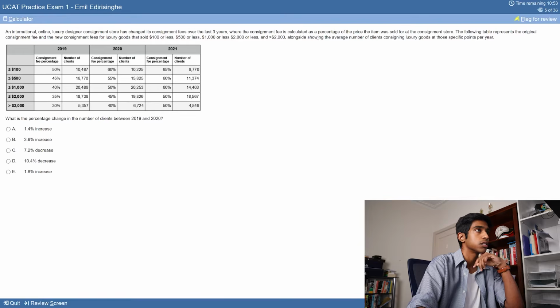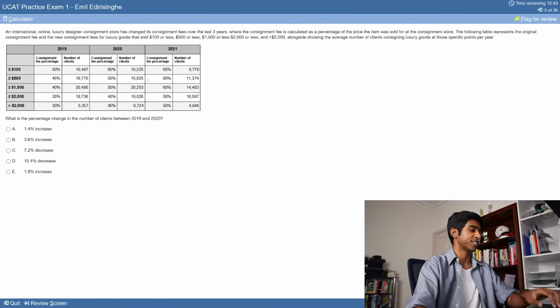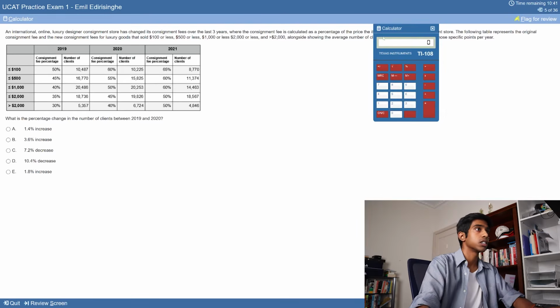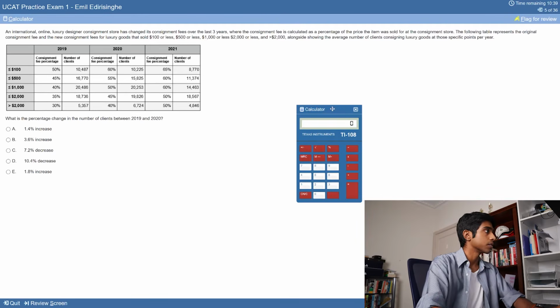Okay. Average number of clients consigning. Percentage change in the number of clients between 2019 and 2020. All right. Oh, okay. I have to add this up. Okay. So